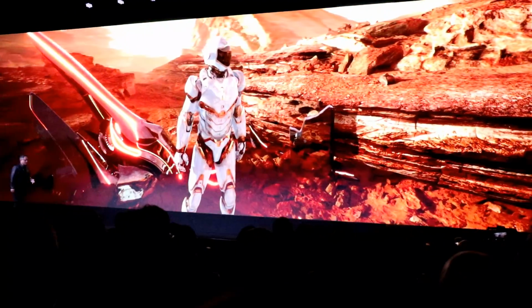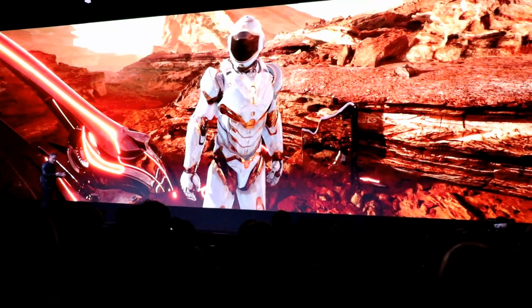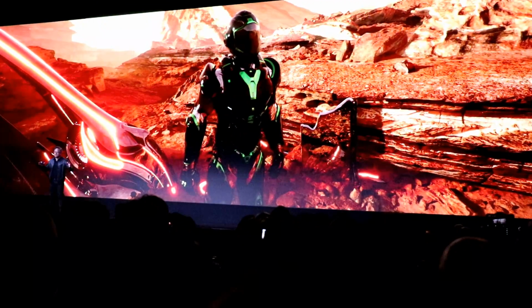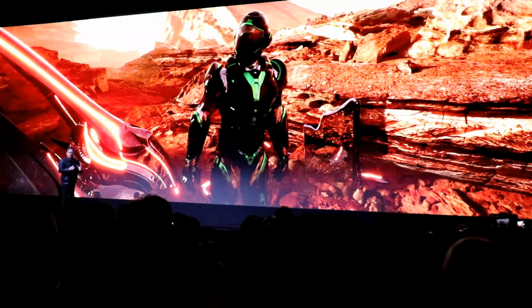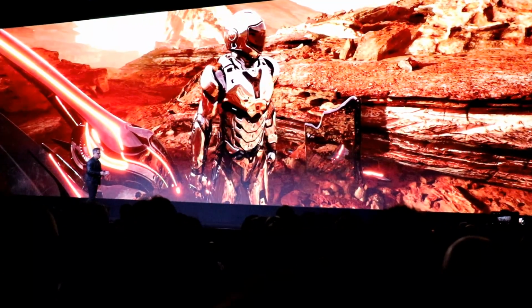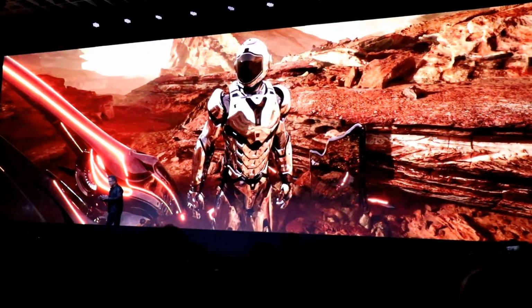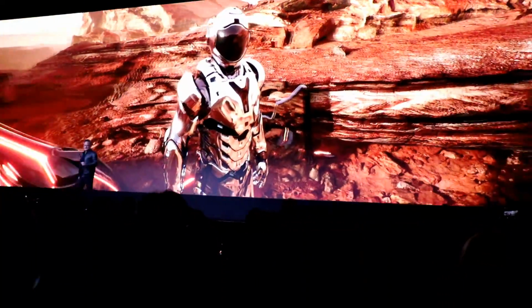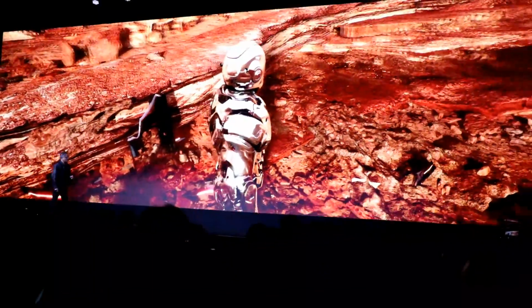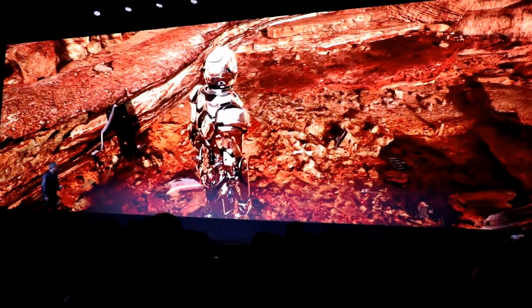This new form of computer graphics that brings together rasterization for the things that it can do very, very well, ray tracing for the things that it just simply can't do, artificial intelligence that I'm going to talk about later, and, of course, programmable shading that we invented 15 years ago.